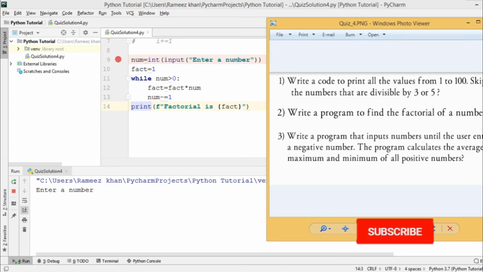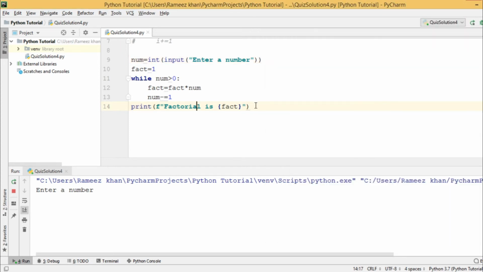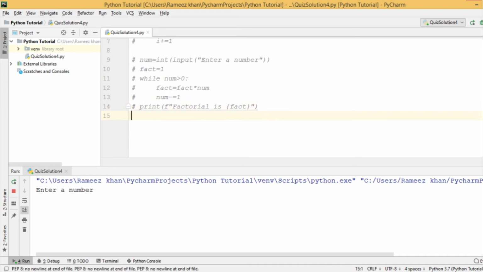Now the third question is write a program that inputs numbers until the user enters a negative number. The program calculates the average, maximum and minimum of all positive numbers. First ask user to enter a number, enter a positive number. Then create a list where we store numbers, because after that we find maximum, minimum and average. Here we create a list,